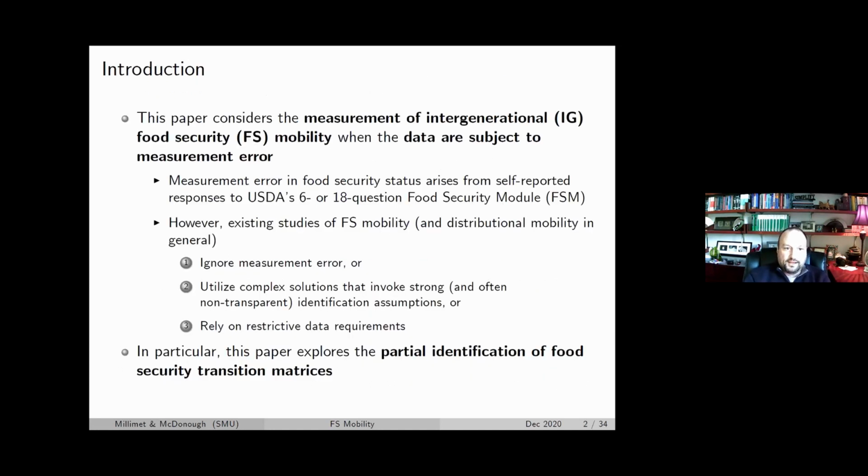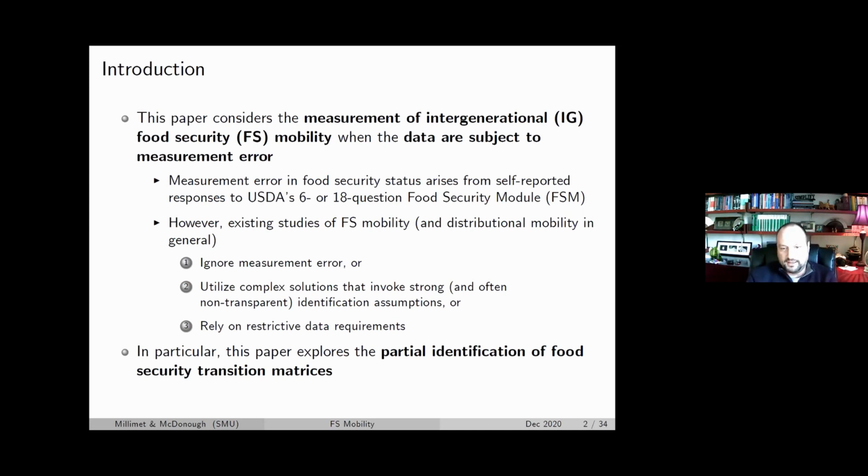All right. So the paper builds on some of my earlier work of late, thinking about measurement of mobility, either intragenerationally or intergenerationally. And in this paper, we're applying it to food security, which I'll talk a little bit about since people may not be familiar with what that means. And in particular, when the data are subject to measurement error, which is a big deal even obviously in income data, and it's kind of been on the periphery of some of the talks at this conference, but certainly not a main focus of the work.